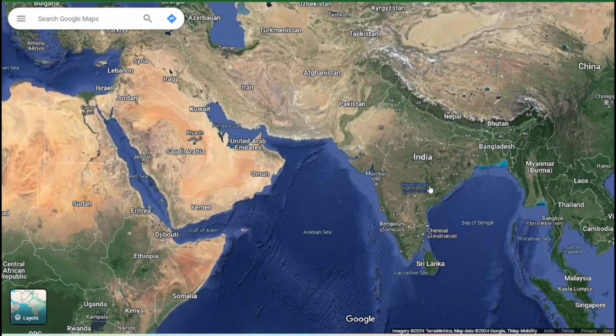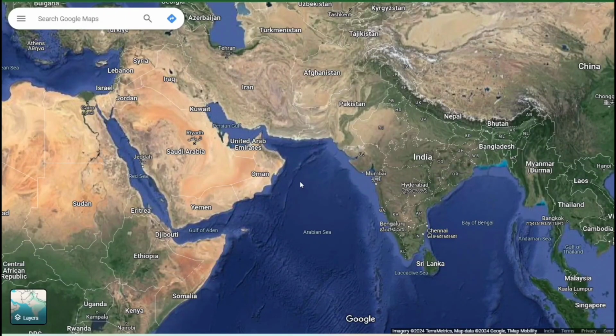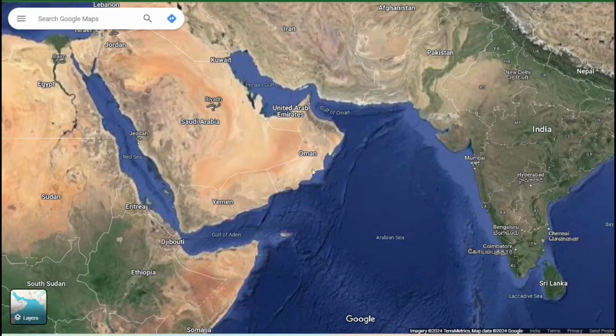Just see, Mumbai is here, and somewhere here we have Bhubaneswar. Take this breadth. So keep Mumbai here, and Bhubaneswar would be somewhere here. And a little bit more, 200 kilometers, just take it 200 kilometers, 100 kilometers more. So the distance between Bhubaneswar and Mumbai plus 300 kilometers, you reach Oman. Okay? But still barren.